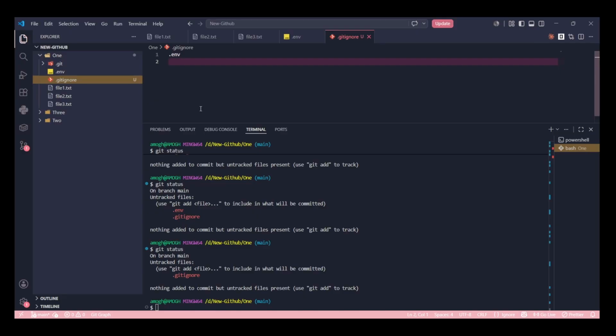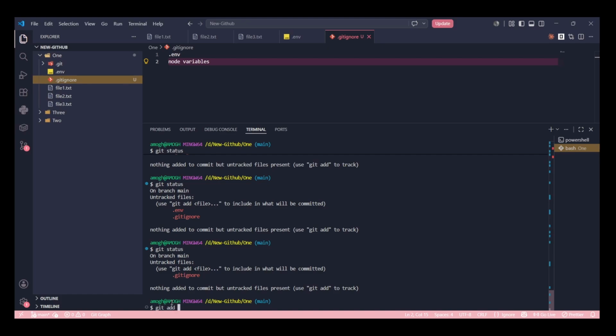You do not push your .env file anywhere, so you are improving your security. This is the most important thing. In your .gitignore file, you also add node modules and every important file which should be ignored.